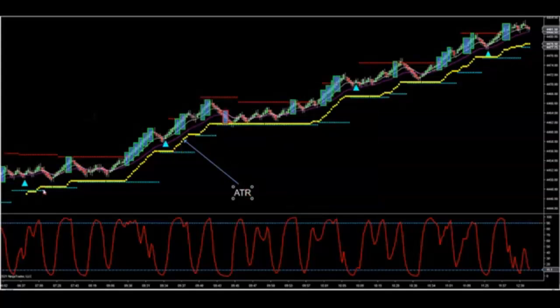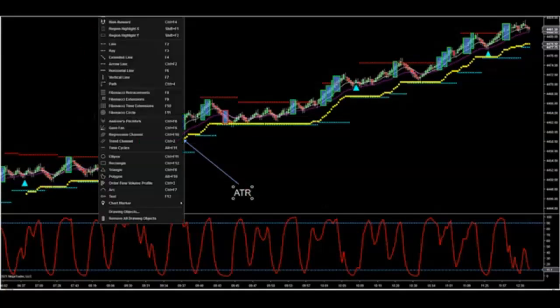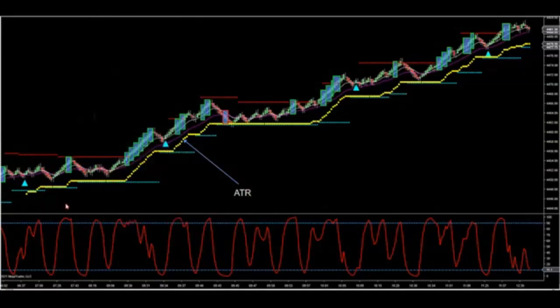So we don't want to start looking for trades, according to this method, until the yellow dot starts printing. Once the yellow dot starts printing, then we have a running ATR. You're going to start seeing these dots print under price. As long as price stays above this ATR, the dots will continue to print consecutively, one after each other. The moment it closes one close below your ATR